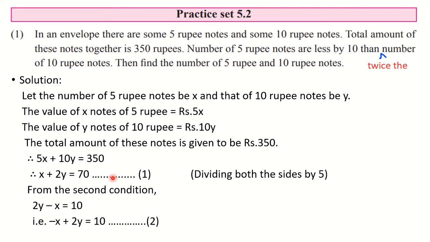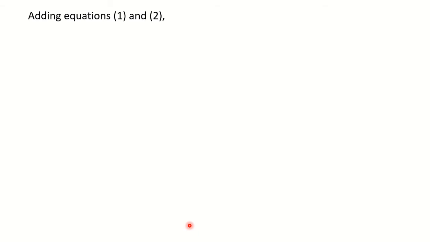So you have to again observe the coefficients. What you can observe here is coefficient of x is equal. That means 1 and 1 here. Also coefficient of y is equal. But for x the signs are opposite and for y the signs are same. So if you want to eliminate y, you can subtract. But it is always simpler to add. So better add these two so that x will get eliminated because they are having opposite signs. So what is our next step? Adding equations 1 and 2. Okay, so let us add equations 1 and 2.